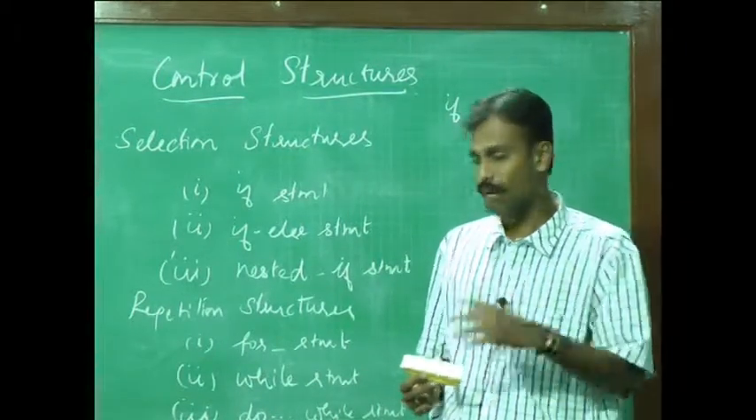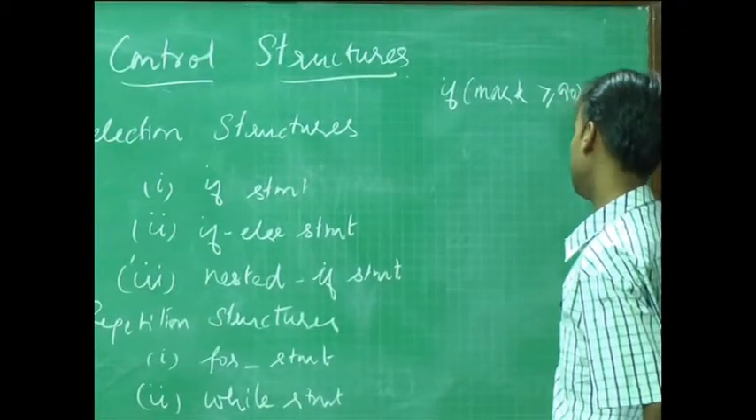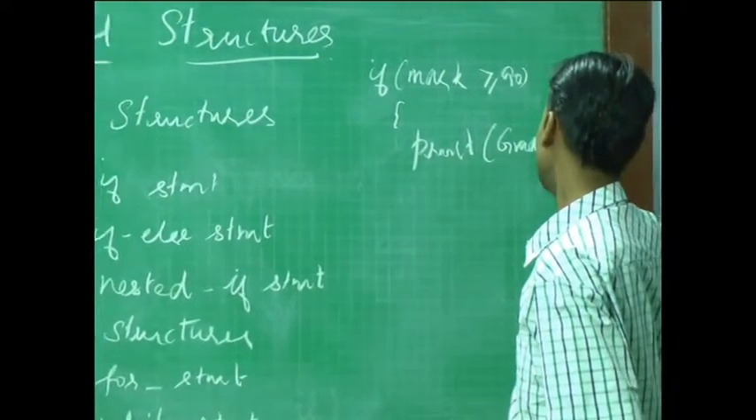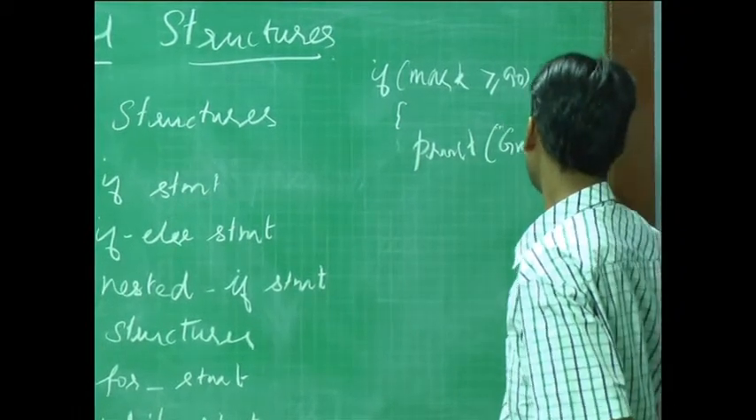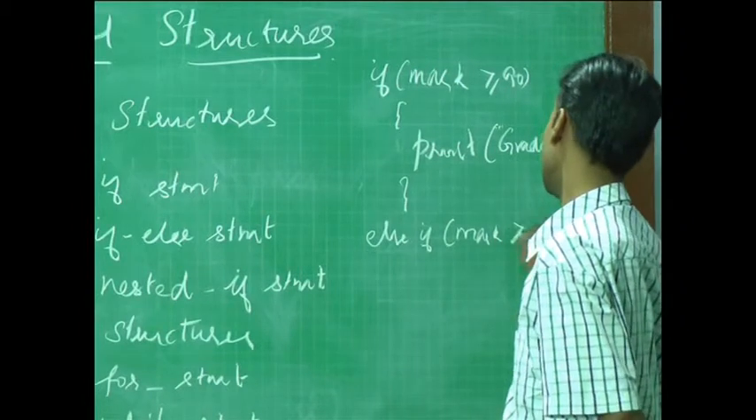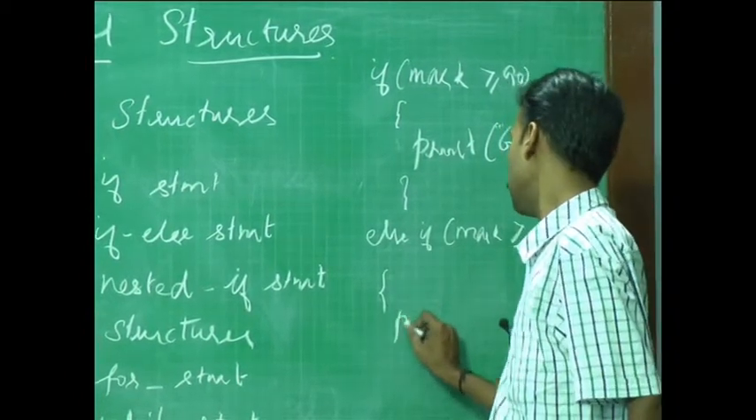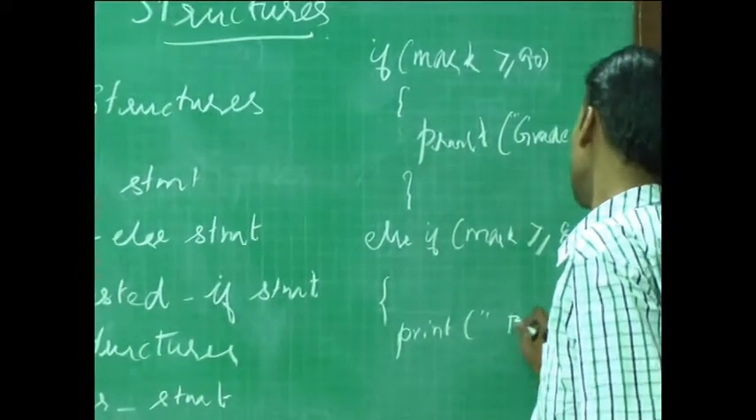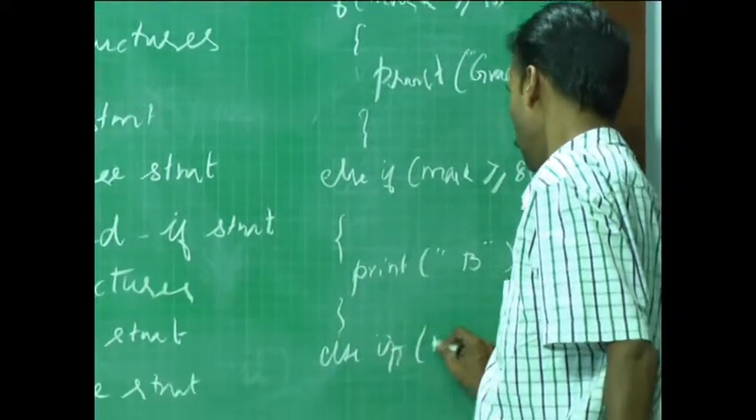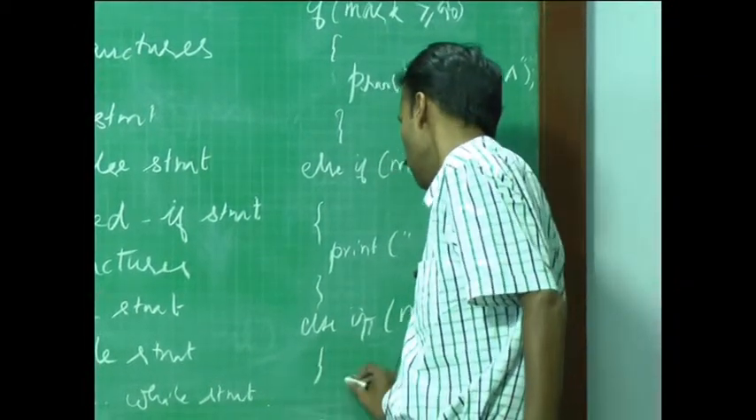Let's just have a look at how your marks, or your grades, get allocated. That is, if the mark were greater than or equal to 90, you would say print grade is A. Else, if mark were greater than or equal to say 80, you say print B. Else, if marks were greater than or equal to 70, you say the grade is